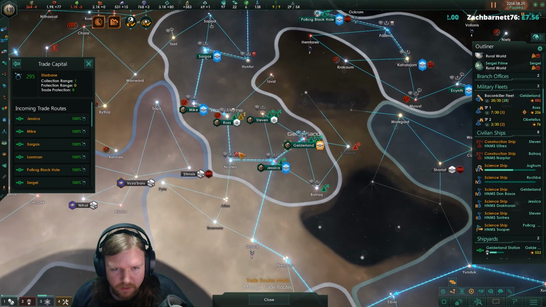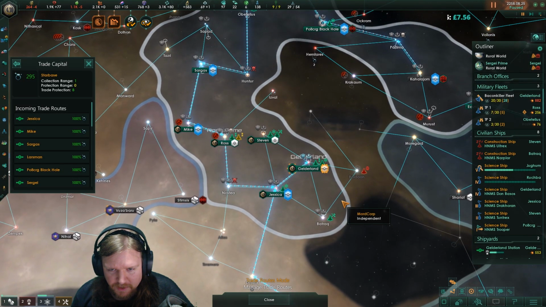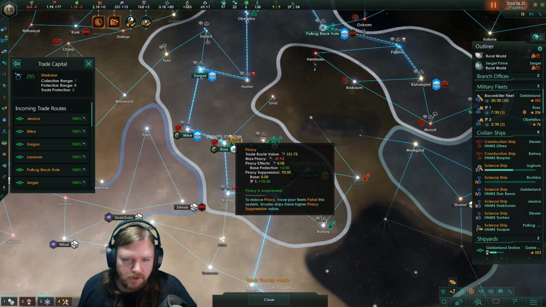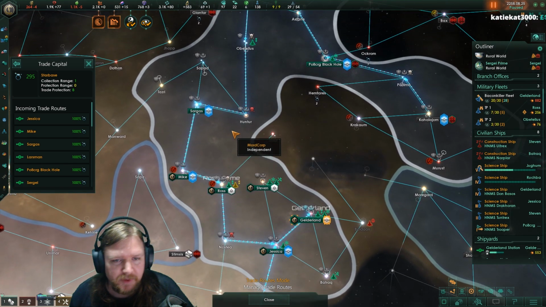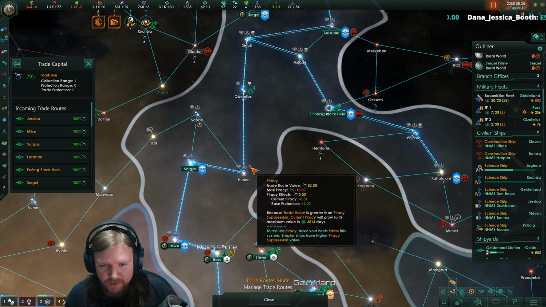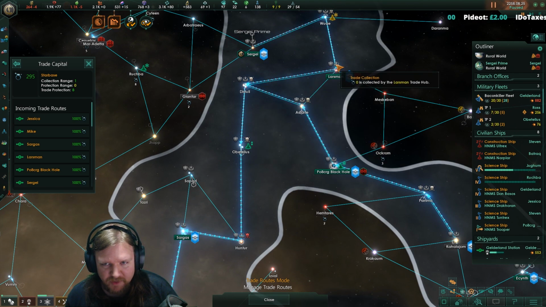Let's just take a quick look at the piracy stats. Current piracy 0.75. That's what I like to see. So yes, it looks like your suppression needs to be the equivalent or higher than the max piracy. And we're doing a very good job of suppressing it everywhere. I need to keep an eye on the max piracy here, 13. Remember my suppression is... Oh,